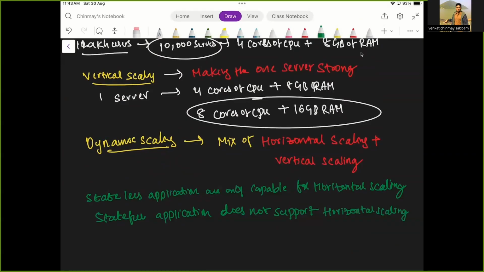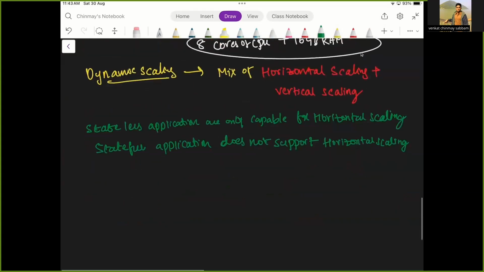Okay, stateful applications do not support horizontal scaling. Why? We already understand that in stateful applications there is an information dependency between two requests, whereas in stateless applications every request is independent. For example, if an application is on a server